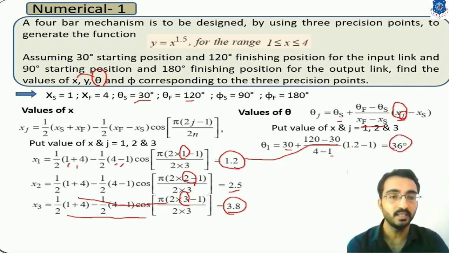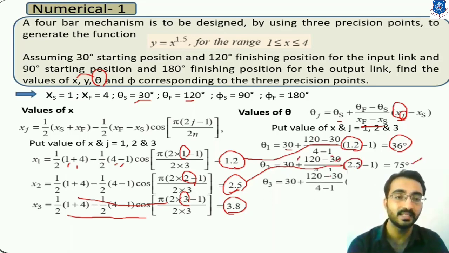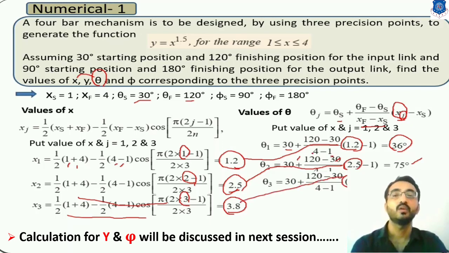Now similarly, to get the value of theta 2, what will we change? Only the value of x. To calculate theta 2, only this value of x will change, and we have to take x2. The rest of the terms will be as they are. By putting 2.5 we get 75 degrees, and similarly for theta 3 we can calculate 114 degrees by putting the value of x3 directly. In this way we can calculate different values of x and different values of